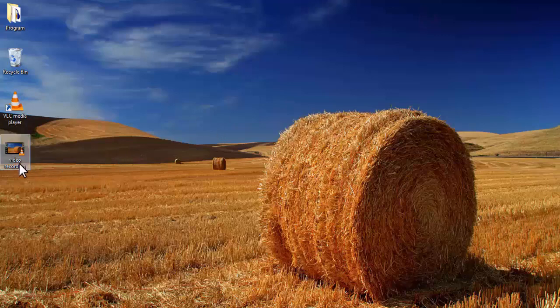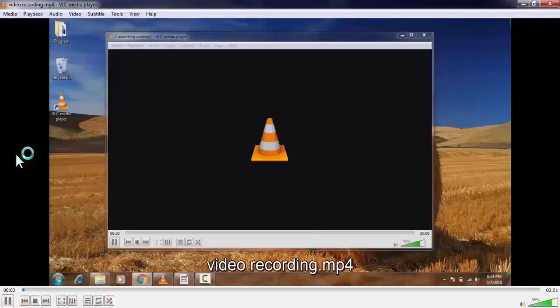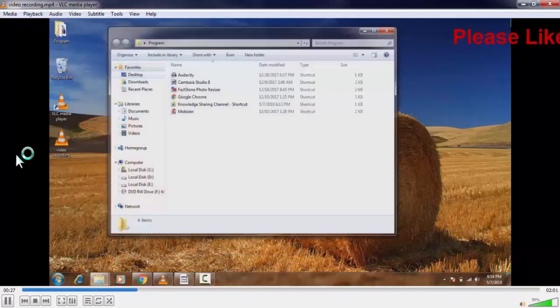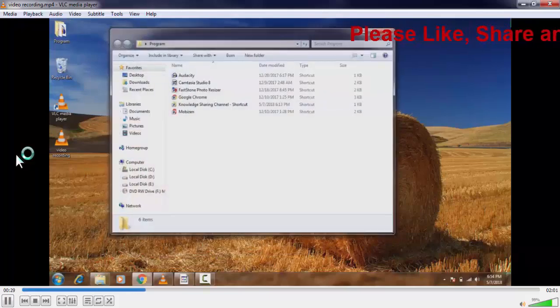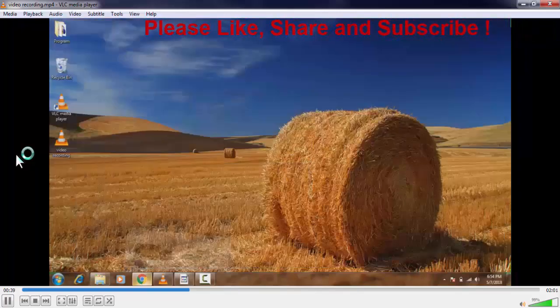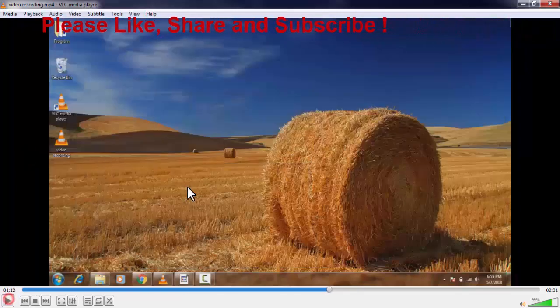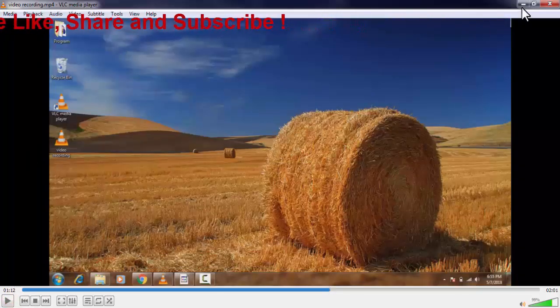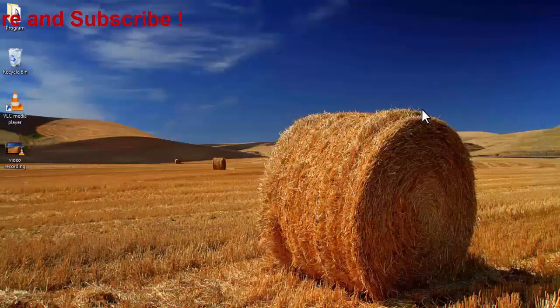Now as you can see, my video file is saved on my desktop and I can run this file. Now like this, you can very easily record your computer screen by using VLC Media Player.